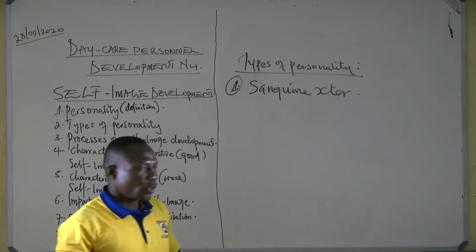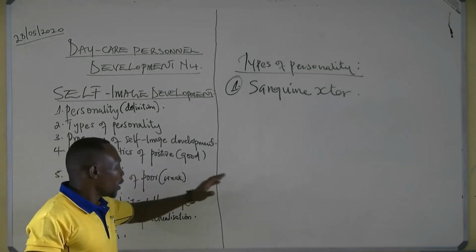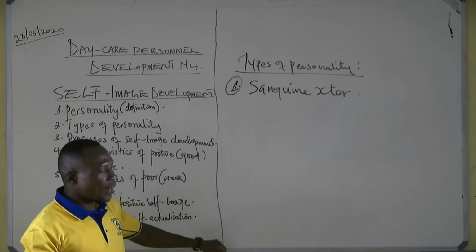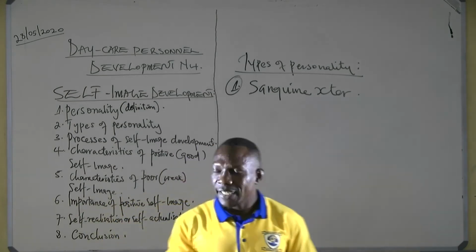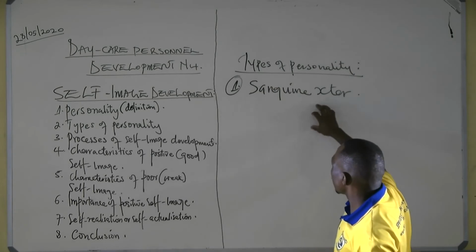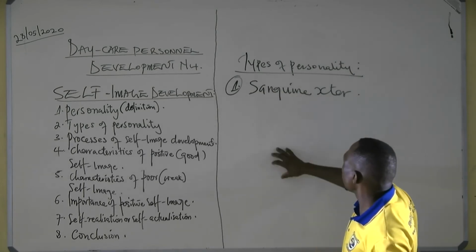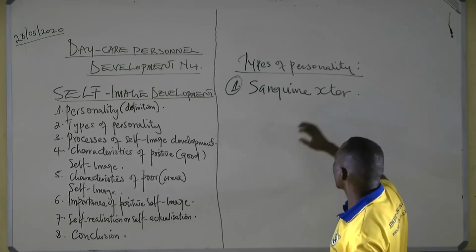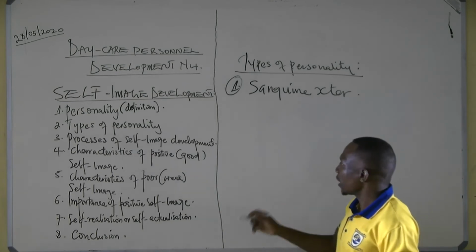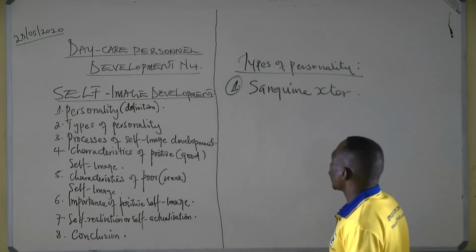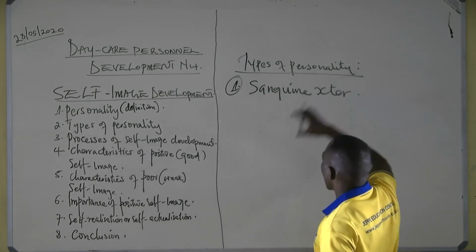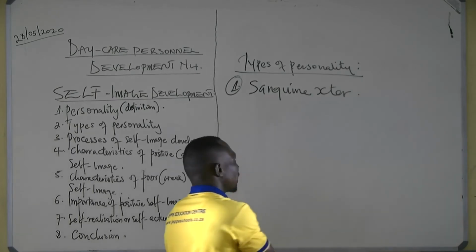Because now, as we've said, these two gentlemen tried to define the term personality by putting it that personality can be defined as the characteristics that distinguish one person from another. So therefore, personality being characteristics, we are going to look at these four types of personality by referring to the characters that can be reflected in each individual in a particular social group or in society. That's why I'm going to put it as characters here.